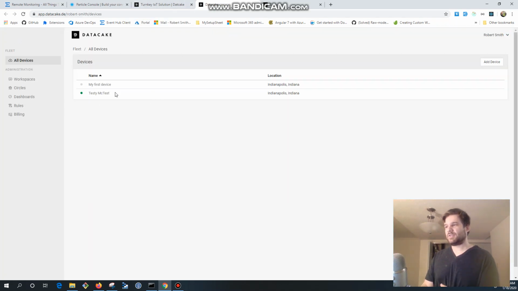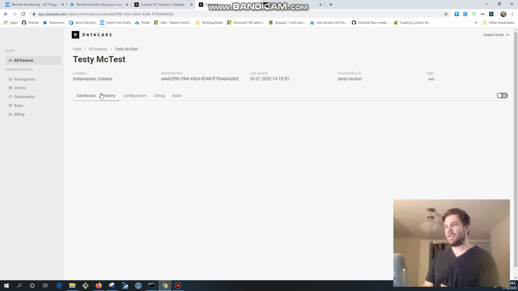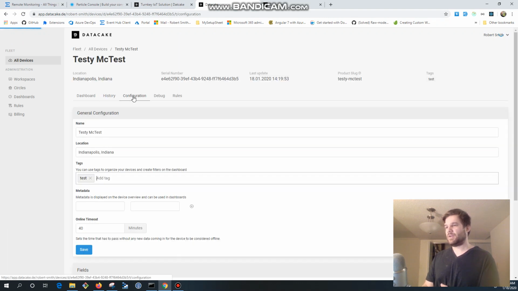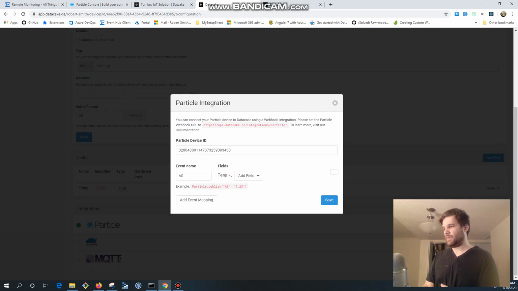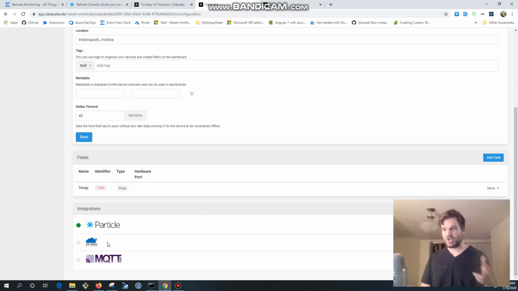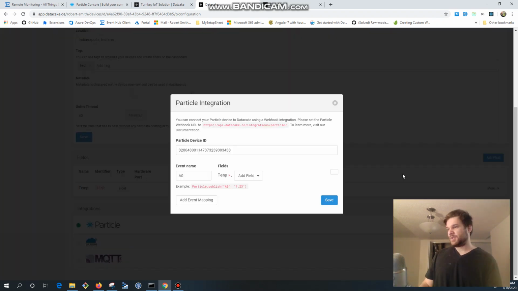and here you can see our devices, and we come over to configuration, and what we can do is do a Particle integration. The thing I like about them is their integration is quite a bit more mature. They also have MQTT. They've got The Things Network, and they also have really good tools with Node-RED, drag and drop for alerts and things. So we come to configure, and we add our Particle device ID, and then we take this webhook URL,